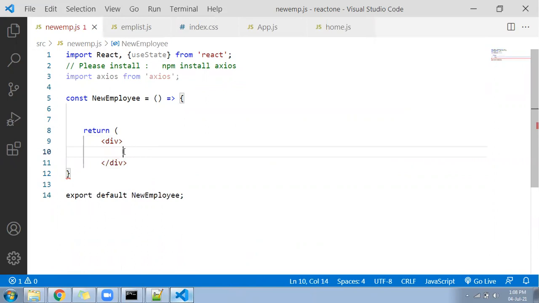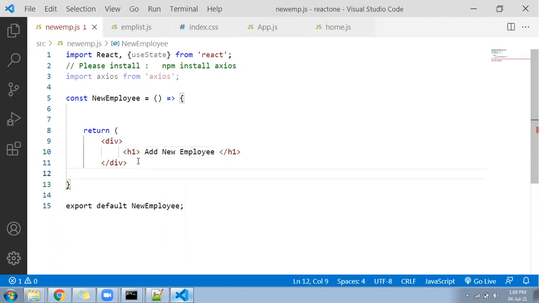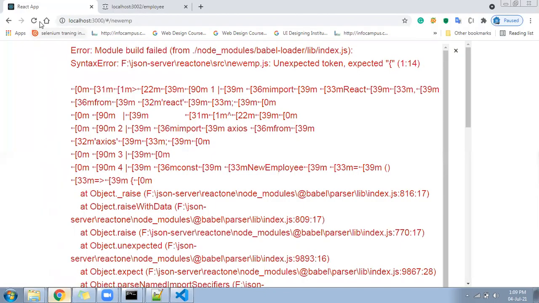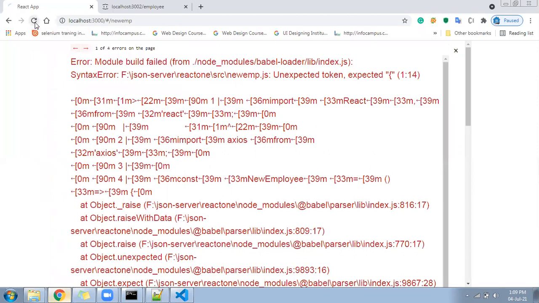Okay, I'll write an h1 here saying add new employee. Let me look into my browser whether it is coming or not. It showed some error. Let me correct it.